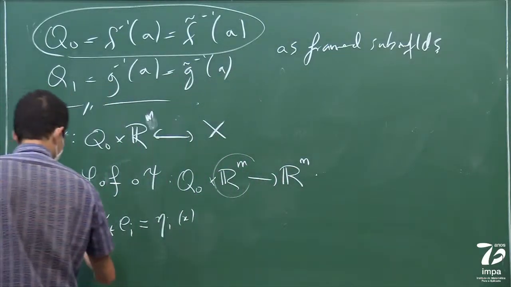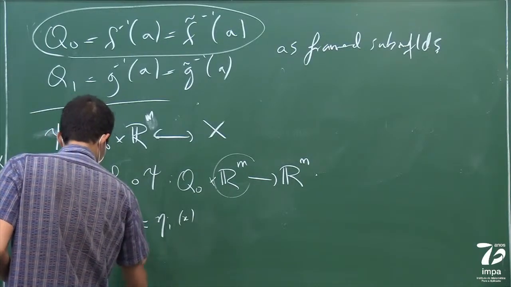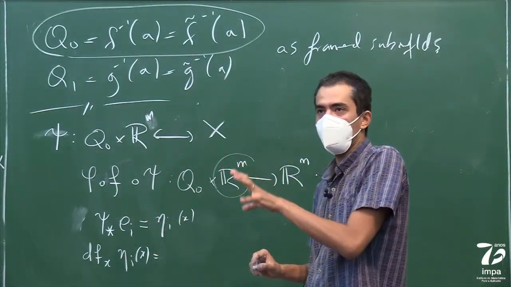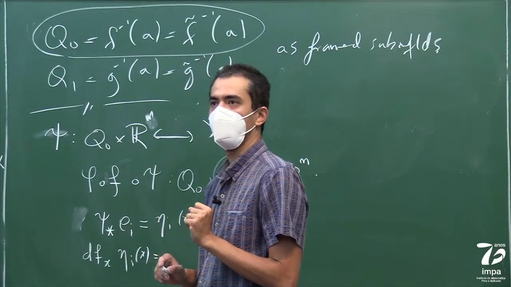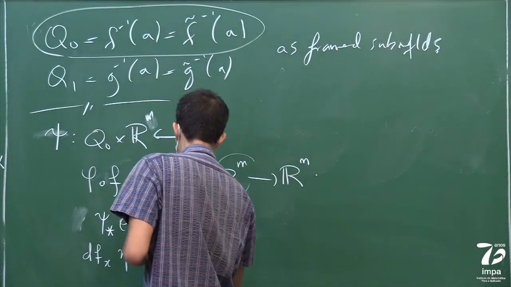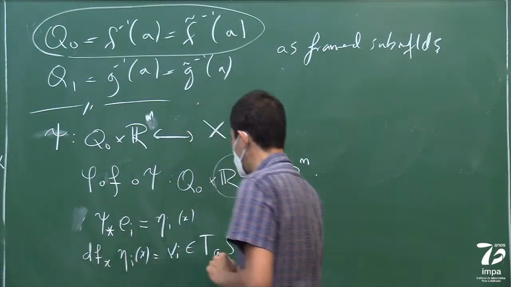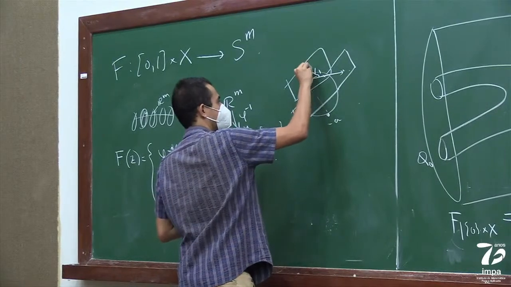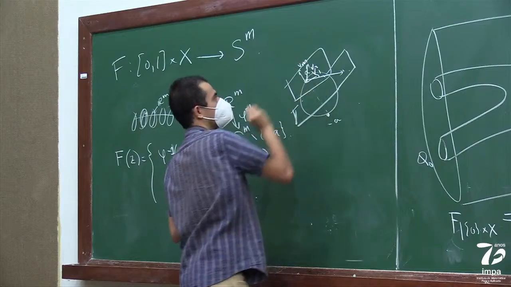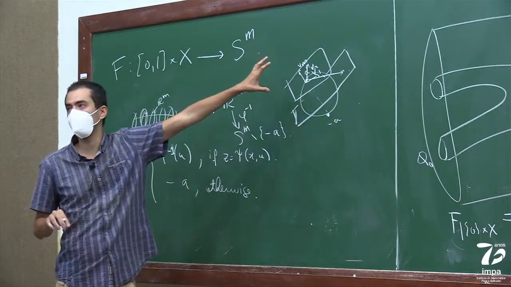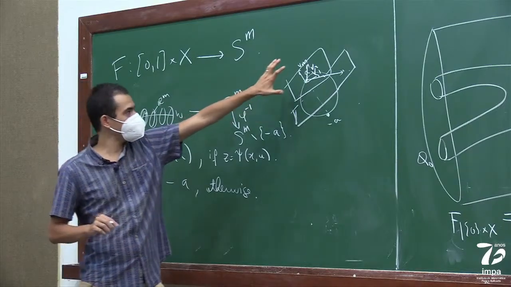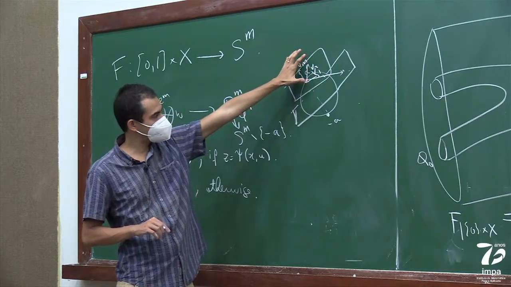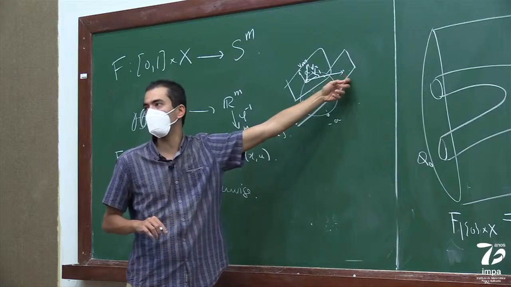And then when I apply df of this guy, by definition, I'm going to get to the ith element of the basis of the tangent space to the sphere. So this is going to be a Vi, on the tangent space to the sphere at the point A. And I pick a basis here that's fixed, V1 through Vm. That's fixed and doesn't depend on the point of Q0 that I am on. I can pick whichever basis I want, as long as I fix one.